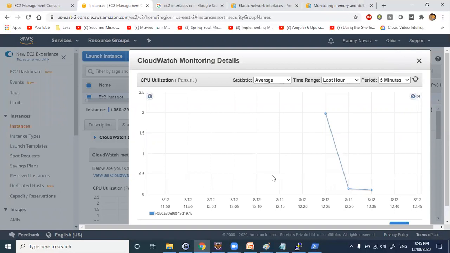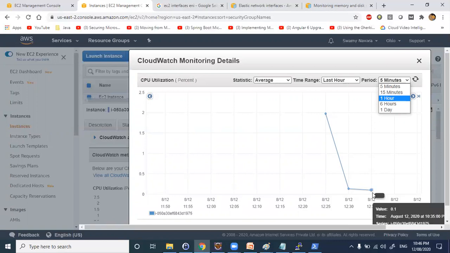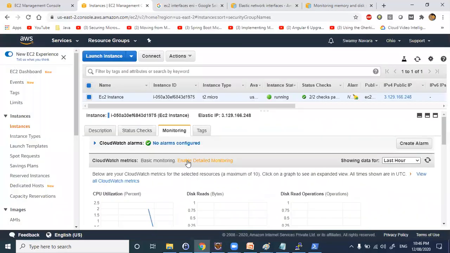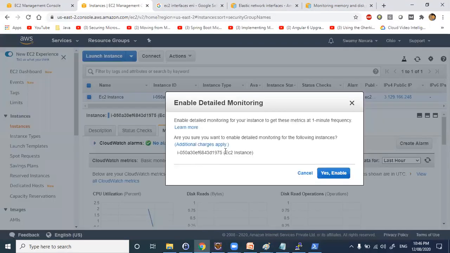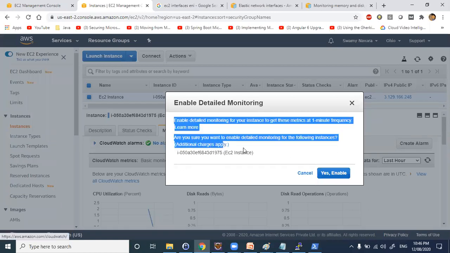If you see here, CloudWatch monitoring log, every 5 minutes it is showing now. There is 1 day, 6 hours, 1 hour, 50 minutes, 5 minutes. But 5 minutes is too long a gap, right? Suppose you are trying to debug an application in a developer EC2 machine. If your logs are coming after 5 minutes, then you cannot work with live development applications. So at least a minimum of 1 minute logs are required. Click on enable detailed monitoring. They will be charging for this one, so additional charges will be there.